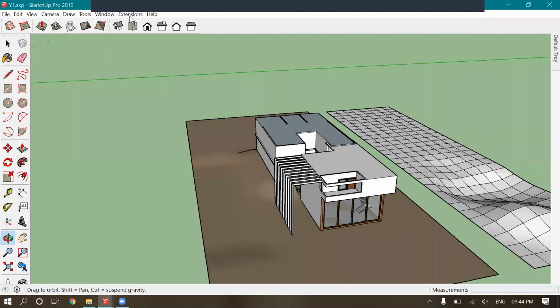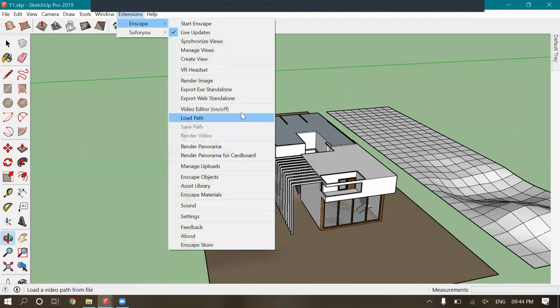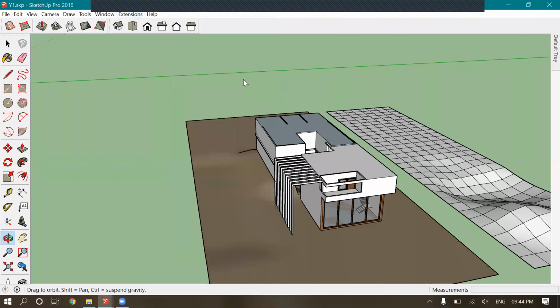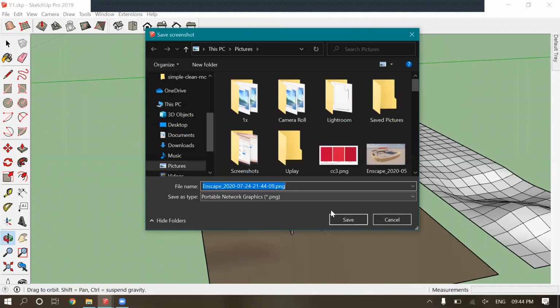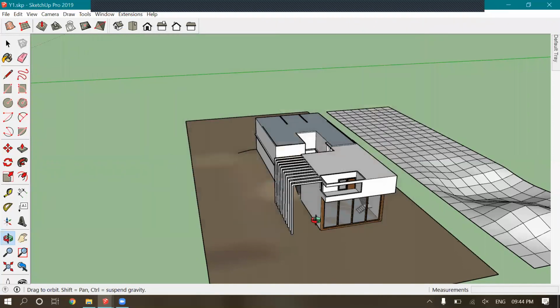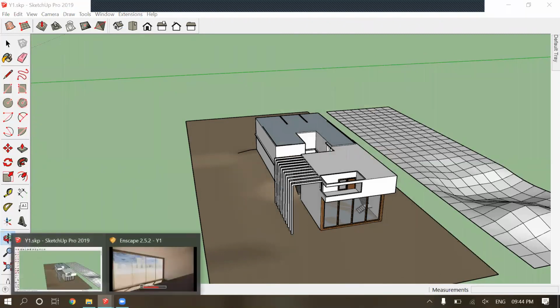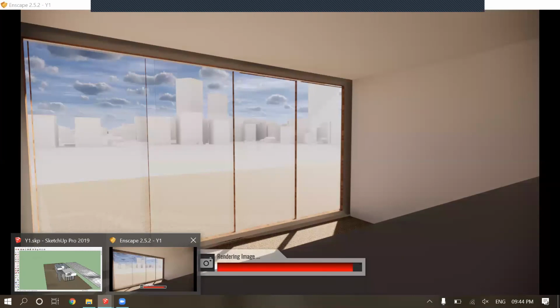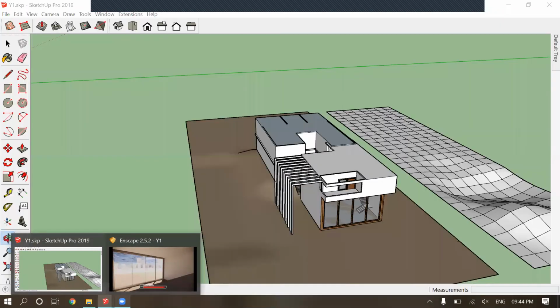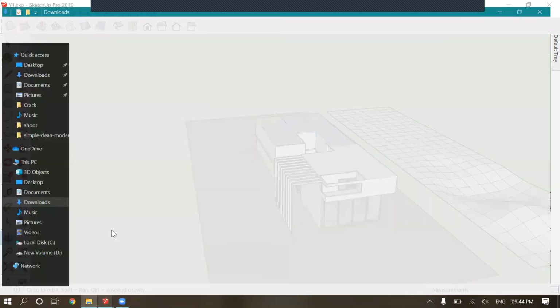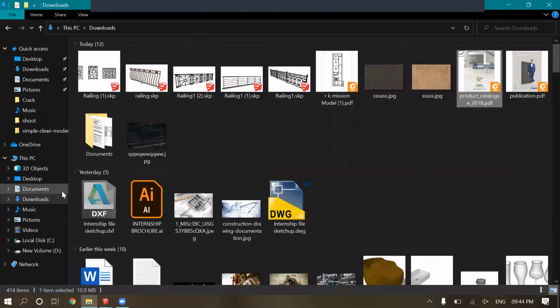All we'll be doing is settings, render image, and then let's save it. Here it is saved.